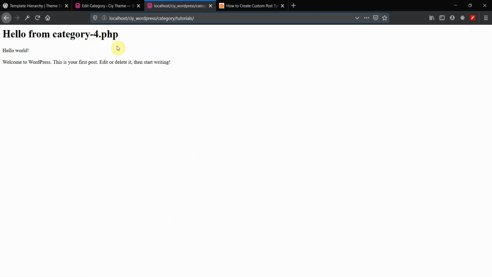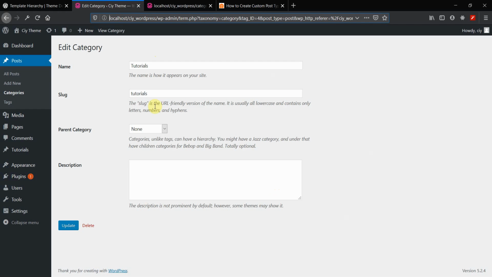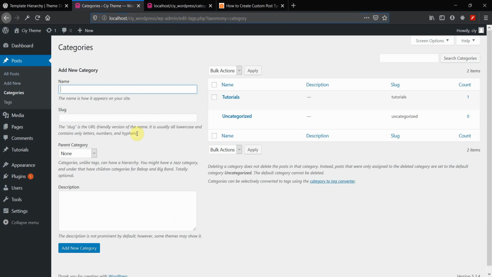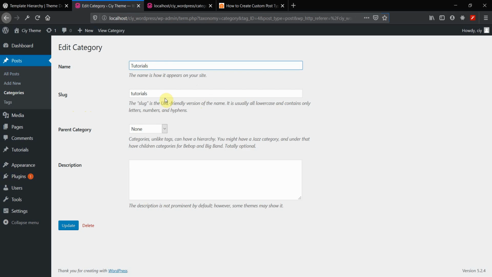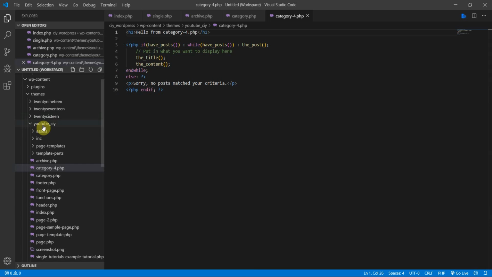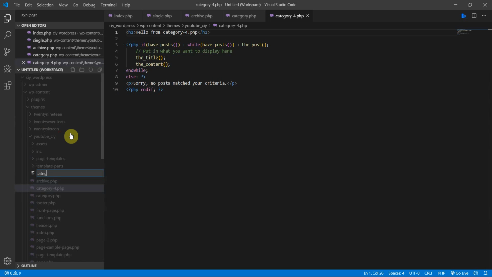All right, and the top file in this hierarchy is the category slug.php. So the slug here is tutorials for this one. Now, if you go to categories, you can enter your own slug here, which I did. So in the case of the category tutorials, the slug is tutorials. So I will just copy this. Let's head back and create this file. So category dash and the slug name, tutorials.php,